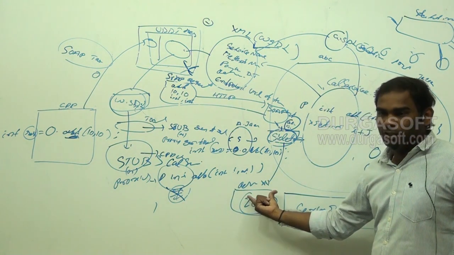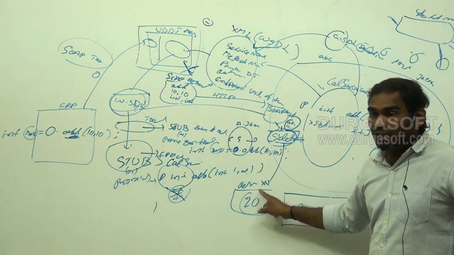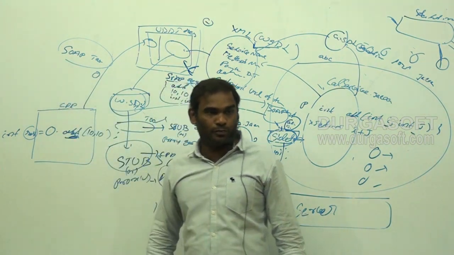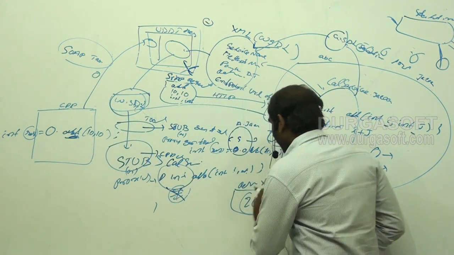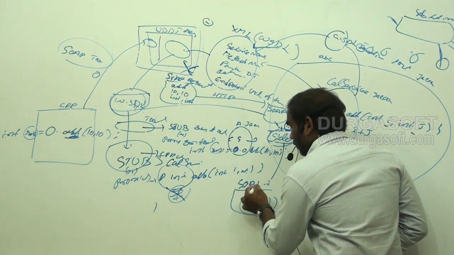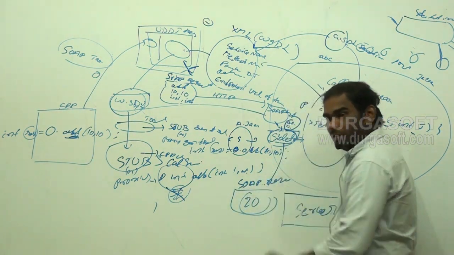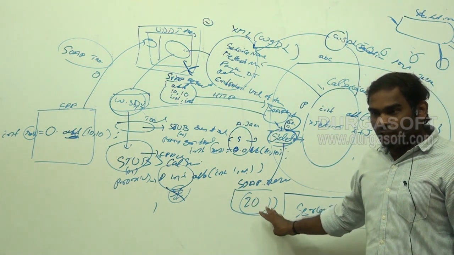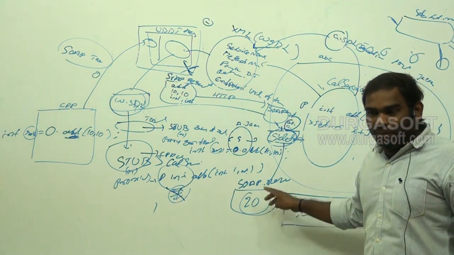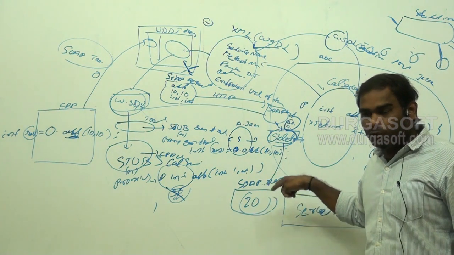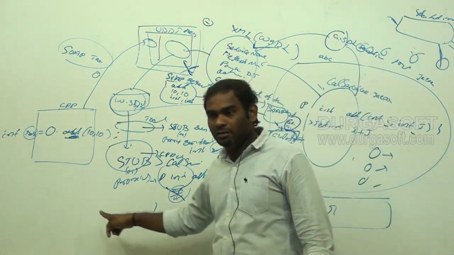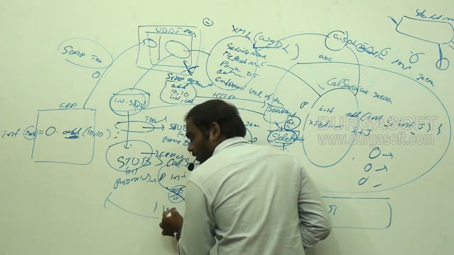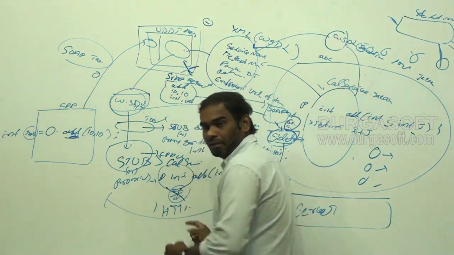How? It will prepare one response XML. To prepare the response XML, again it will use the tags from the SOAP. That's why we can say that it's a SOAP response here. Now where is the SOAP response located? At the server side. Again somebody will move this SOAP response from the server location to the client location. Again who will do that job? HTTP protocol will do that job here.